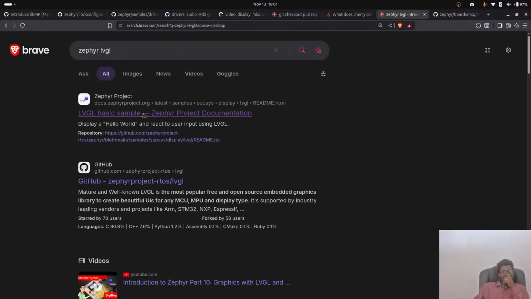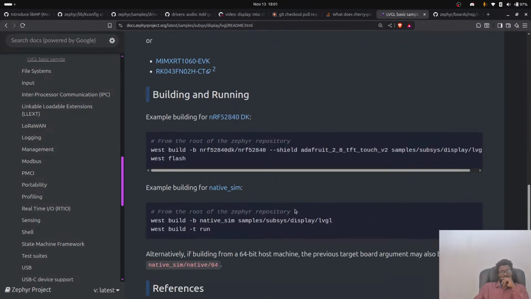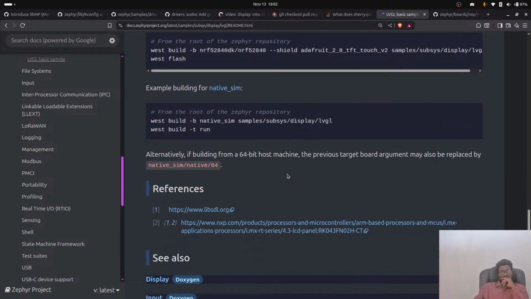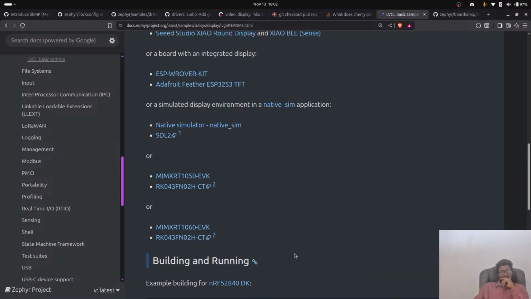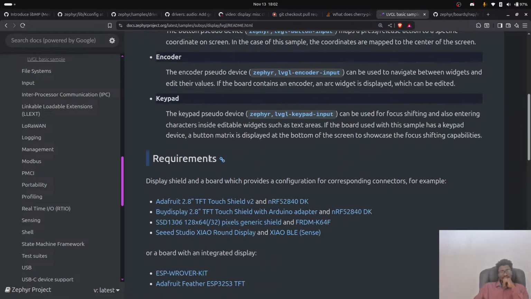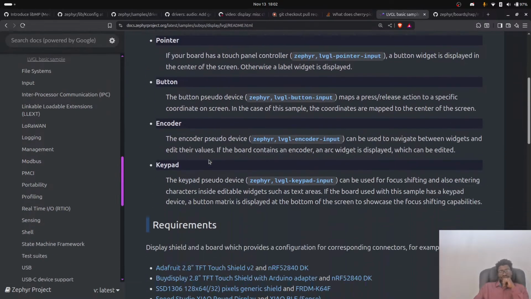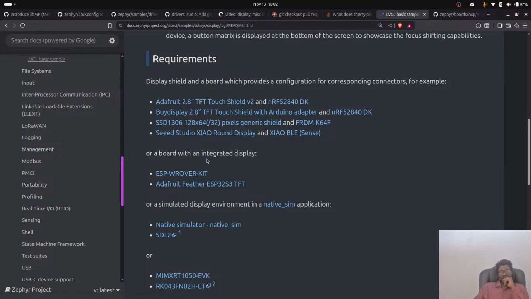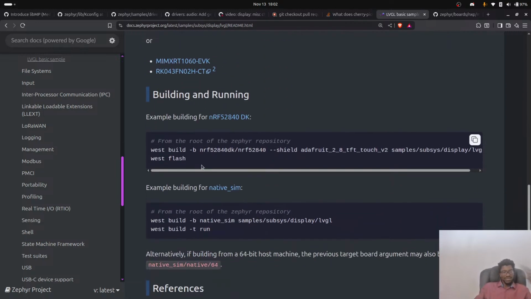The other thing is, they should say something like you don't even need an actual display. I thought there would be a way of simulating. I thought you could simulate a display, and then we would have tried this on the